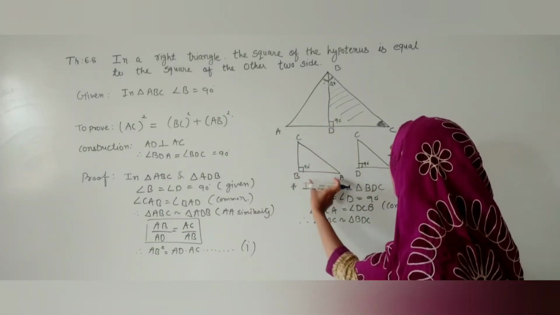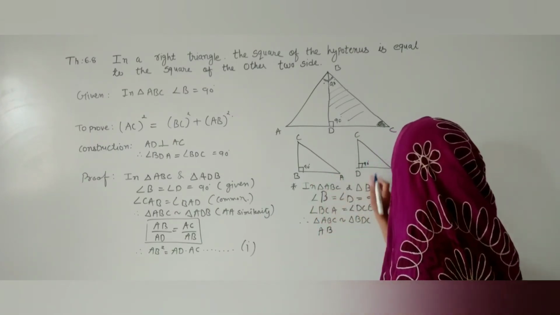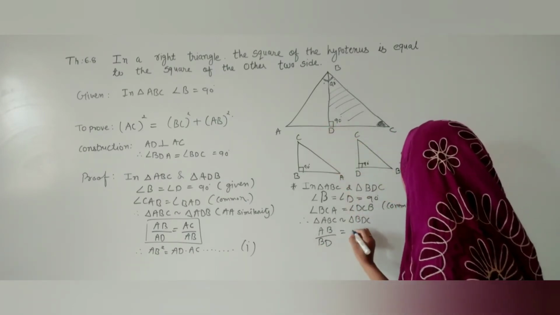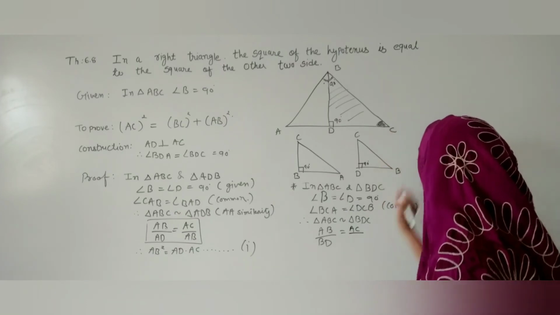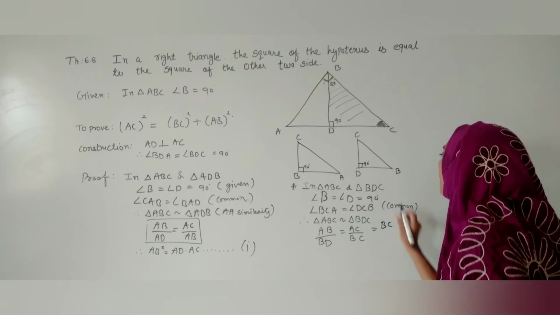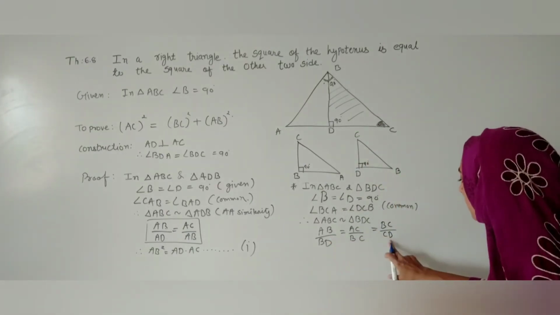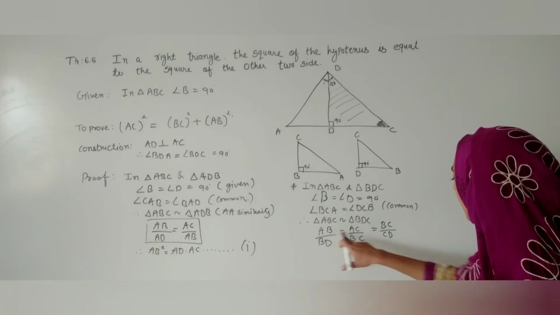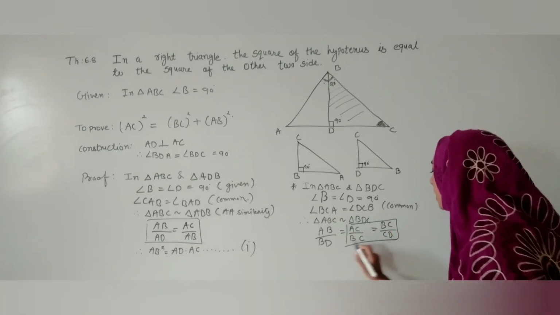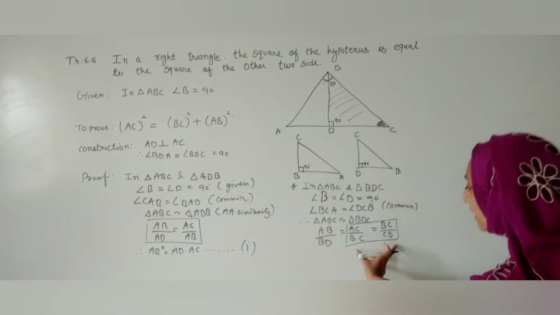So here, let me begin from here. We can write a ratio as AB by BD, and that will be equal to AC by BC, and the third side, BC by CD. If you compare these two, you are not getting anything, because it will be AB into CD and BD into BC. But if you compare these other two, you will get BC square, and we want BC square in our answer. So we are taking these two only.